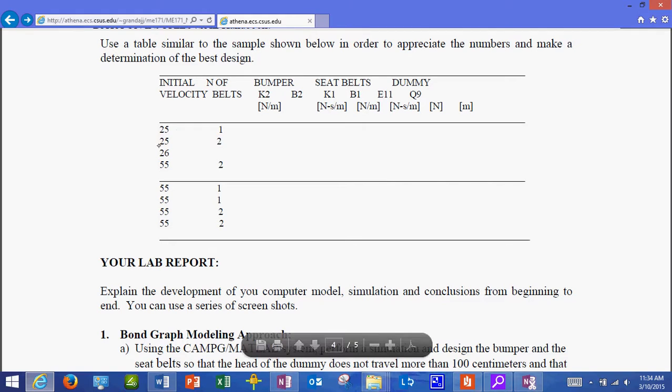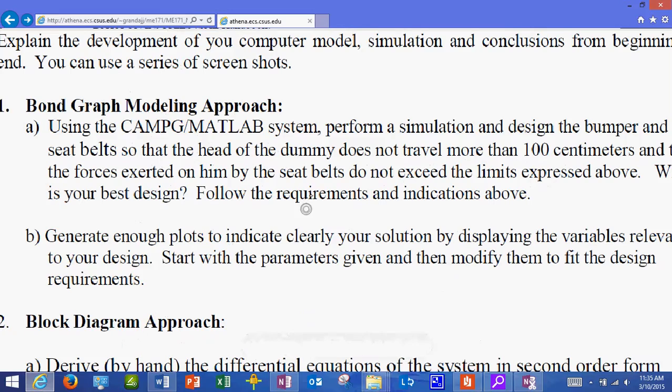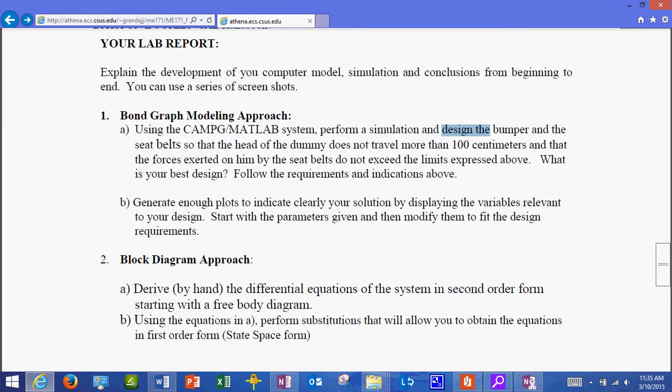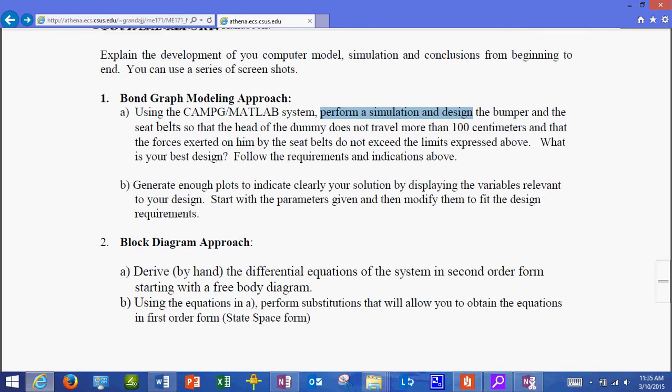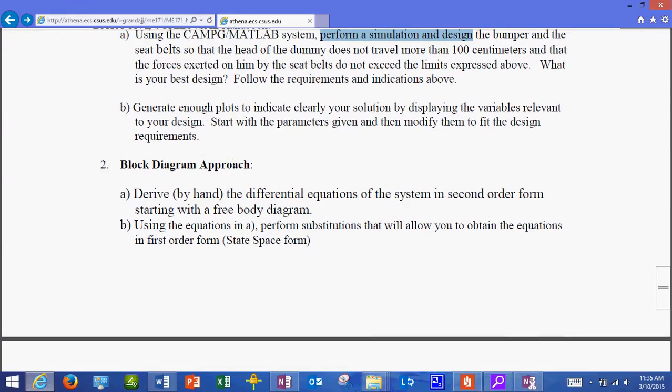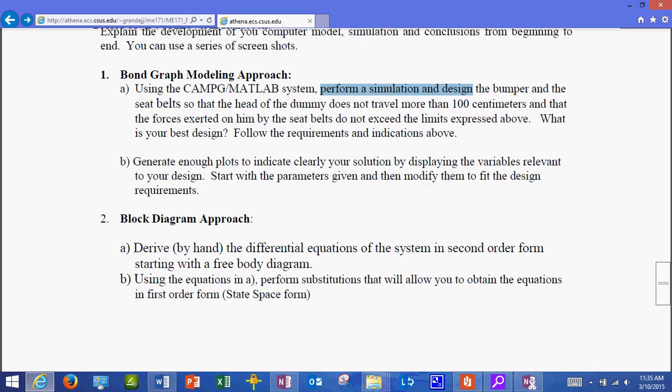Yeah, you have a table in here where you have values of the different computer simulations. And then I'm giving you some guidance as to what your lab should look like. Explain the development of your computer model, and I would like you to take a look at the bond graph model approach, but also the block diagram model approach. So this is something that you want to get started as soon as possible and bring me questions